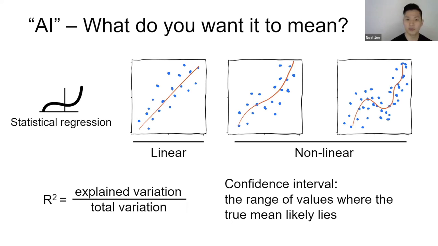And full disclosure, I'm not an AI person. I'm a biologist by training, but I've come to accept a few frameworks for how I think about AI. So what do you want it to mean, right? That's the first thing. AI these days means everything, and that can mean nothing. So I've come to think of AI as a term that vaguely means I do data things on the computer,